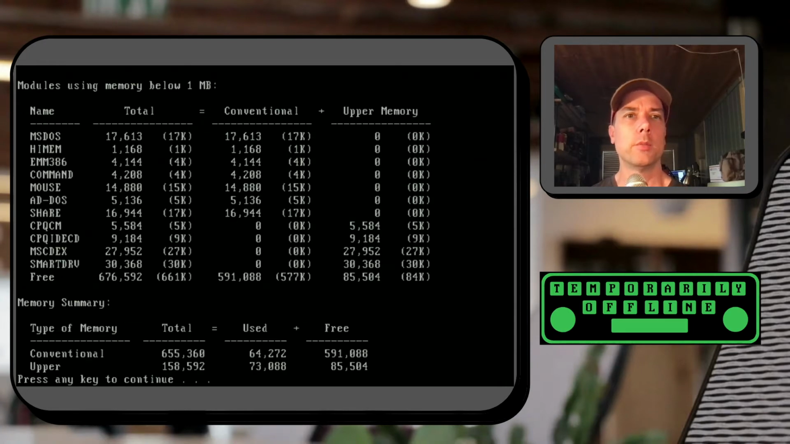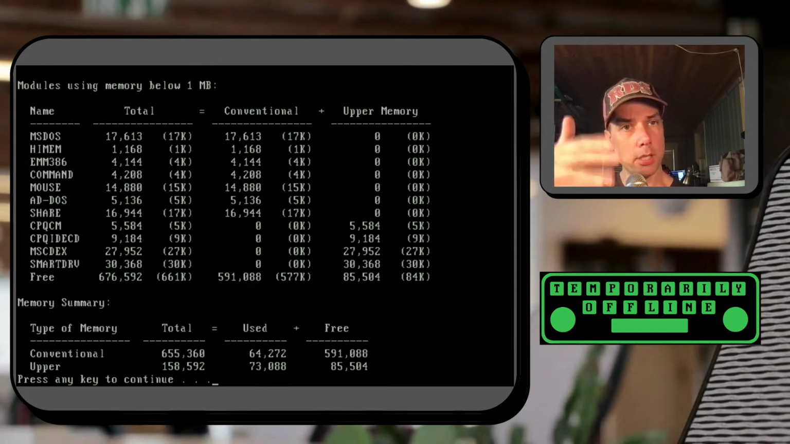mem /c /p will tell us how everything is loaded into memory, and if we look right towards the bottom of the screen, third line up from the bottom, there is conventional memory, 640K, 655,360 bytes of memory, 64,272 used, 591,088 free. And if you look at the classification in the table up above, MS-DOS, HiMem, EMM386, Command.com, Mouse,